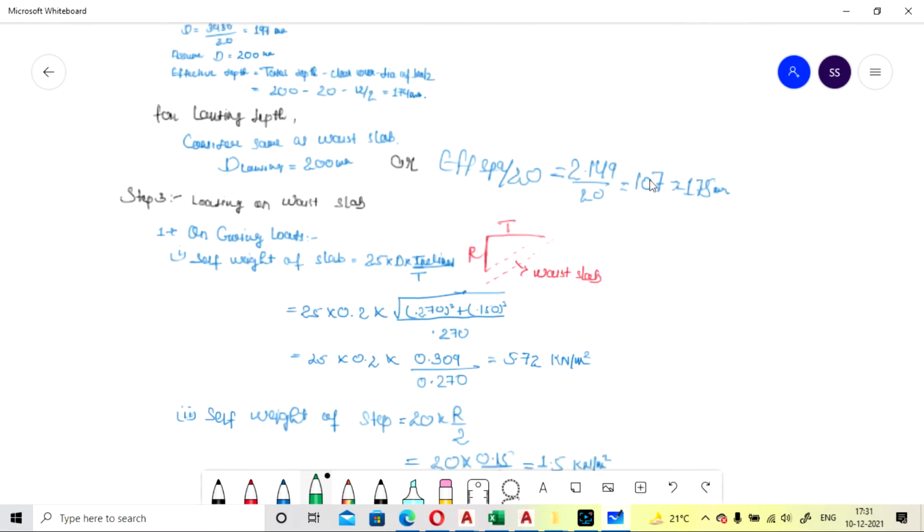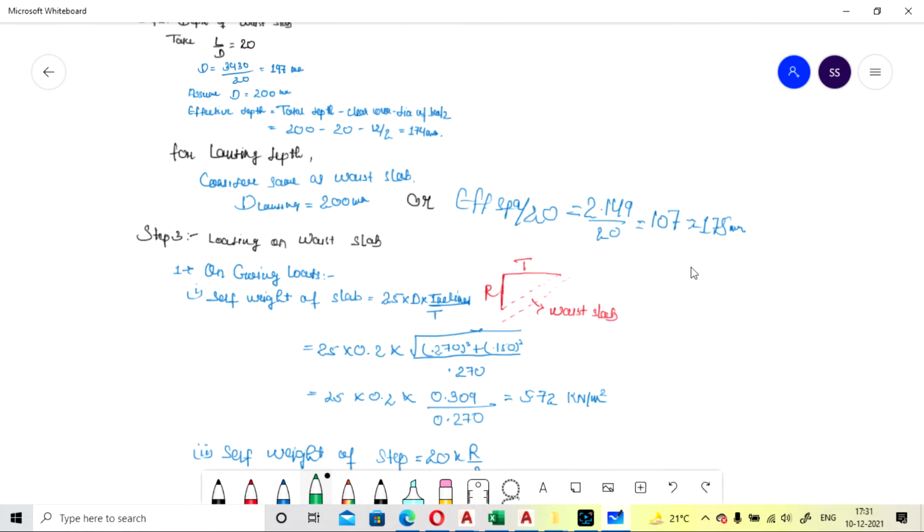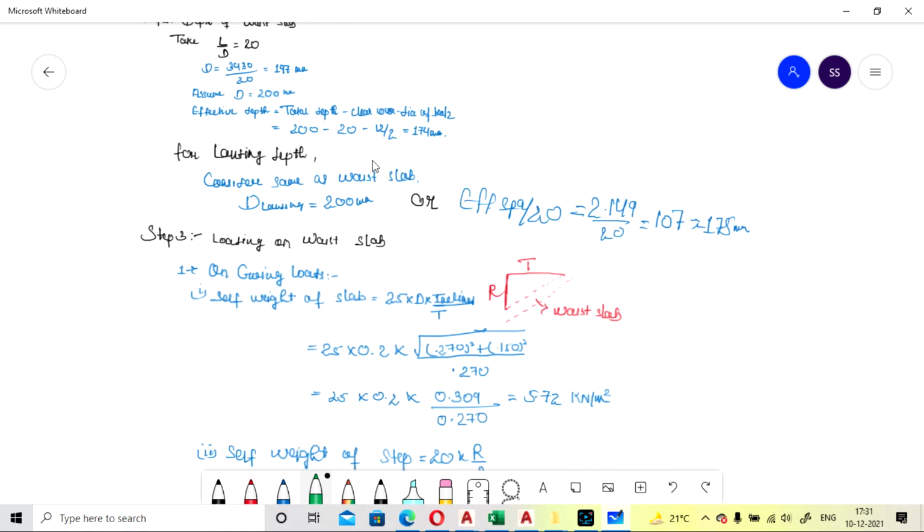It will come as 107, so we are going to take the total depth as 175. You can also take 150 if you want. So you can do both: either go with the same thickness that you are providing for the base slab, or you can just calculate the effective span for the landing and take the initial thickness by these values.